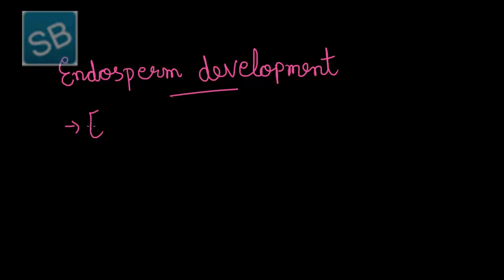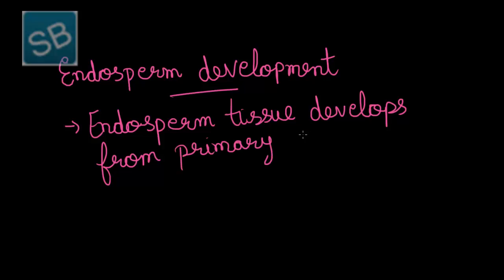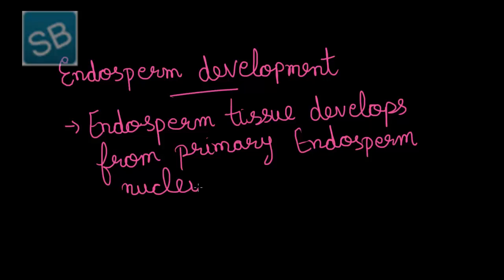Endosperm tissue is developed from the primary endosperm nucleus, which is also abbreviated as PEN,